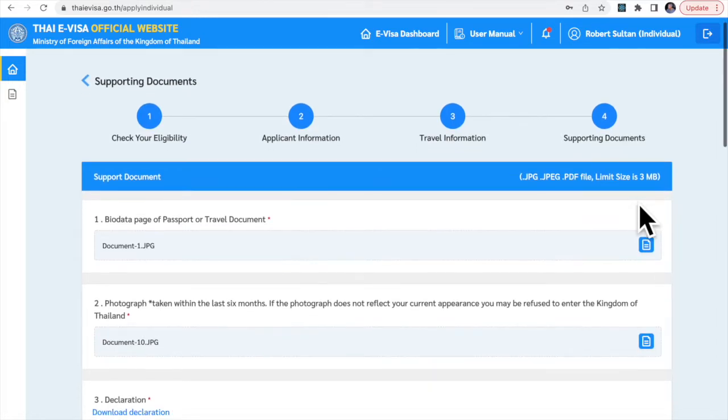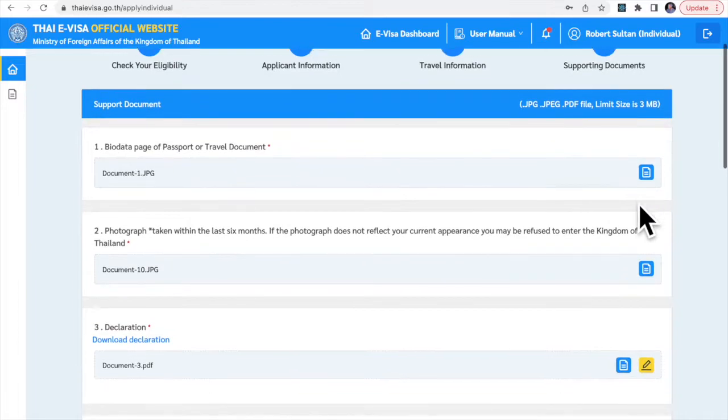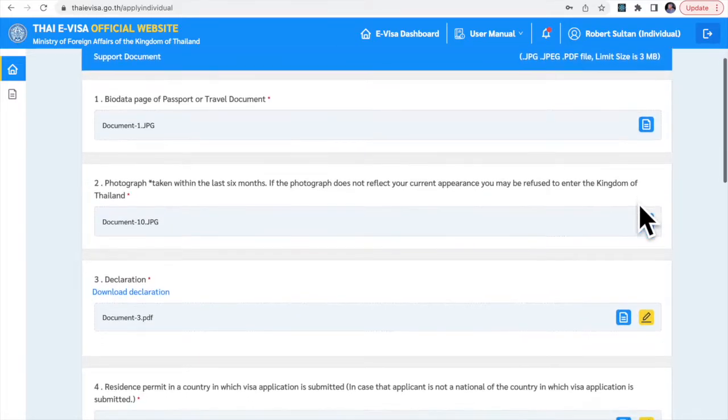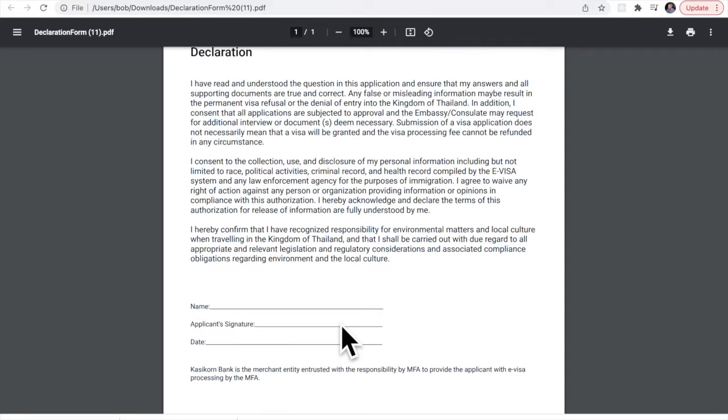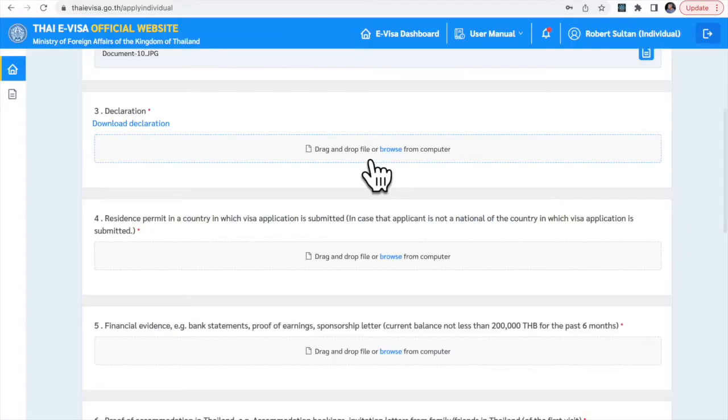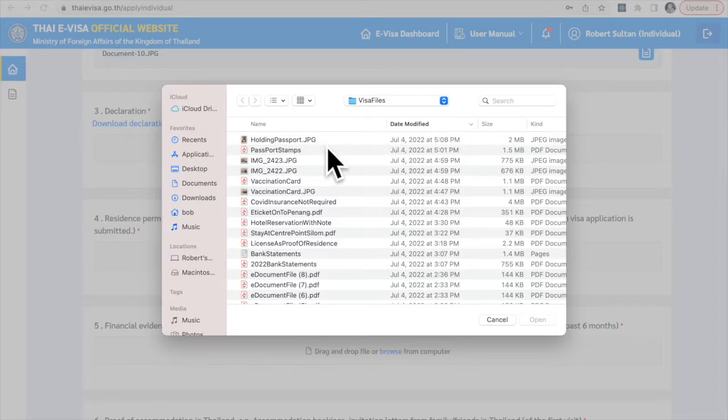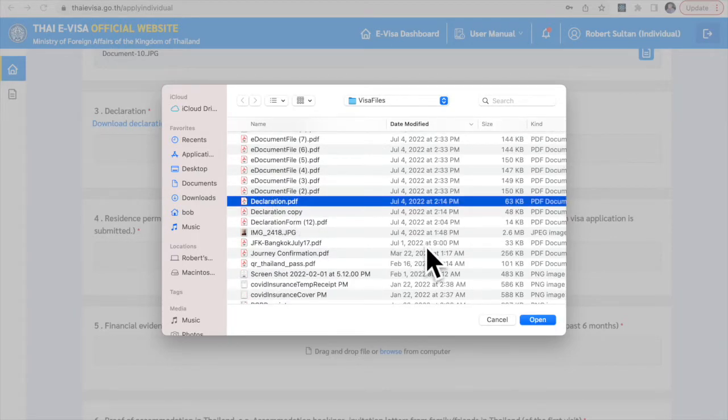For the third item, the declaration, click on Download Declaration in blue. You can use your PDF editor, if you have one, to fill in your name, signature, and date. I just used Preview on my Mac to fill in this information and save the document. Now you can drag and drop the declaration that you just filled out, or you can browse for it in